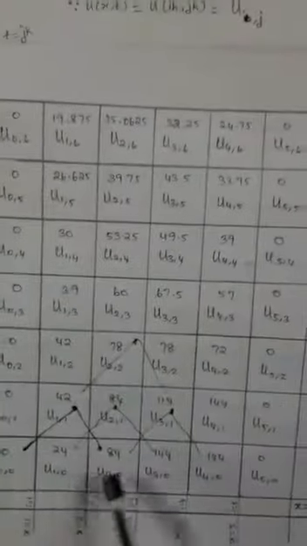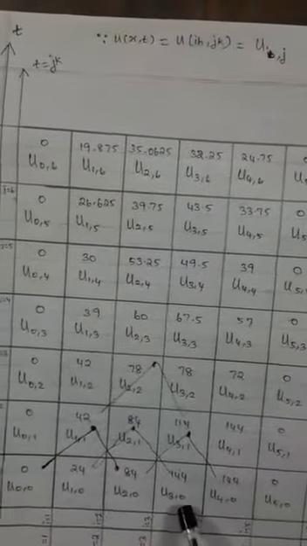The initial condition is u of x comma 0 is equal to x square into 25 minus x square. That is, x is equal to 0 means i equal to 0. x is equal to 1 means i equal to 1. x is equal to 2 means i equal to 2. x is equal to 3 means i equal to 3. x is equal to 4 means i equal to 4. x is equal to 5 means i equal to 5. Therefore, substituting u1 comma 0 in this equation, we get the values like this. These values will be represented in the table as u1 comma 0 is 24, u2 comma 0 is 84, u3 comma 0 is 144, u4 comma 0 is 144.